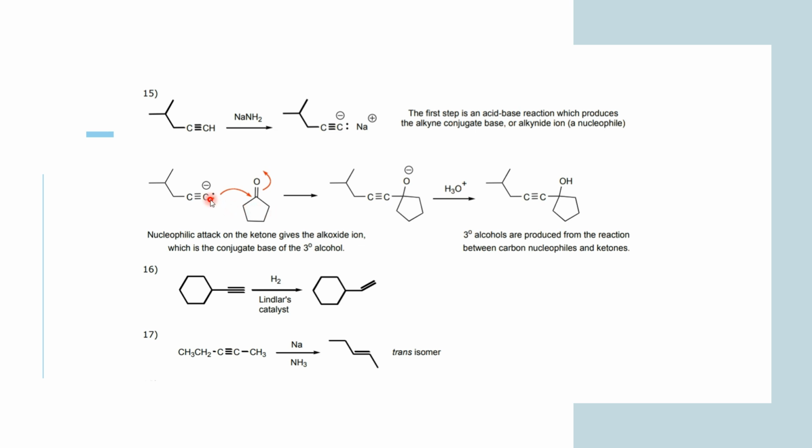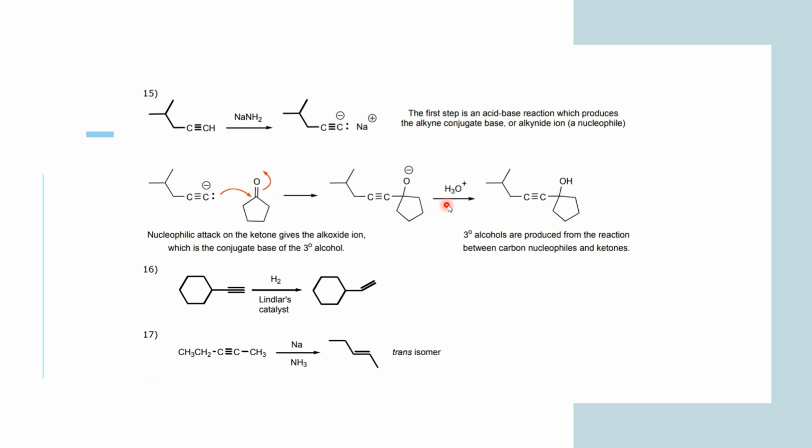So the alkynide, being a strong nucleophile, will attack the electron deficient center of the cyclopentanone. This carbonyl carbon is highly electron deficient, as we know, because the shared electron pair of the C=O bond is being pushed towards the more electronegative atom. So the alkynide will attack this carbonyl carbon, leading to